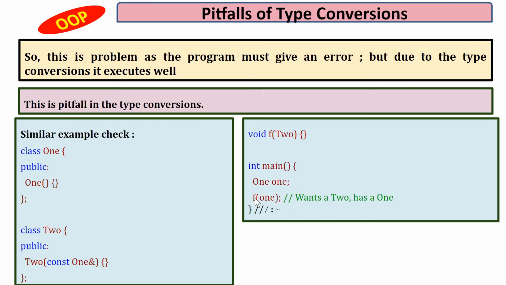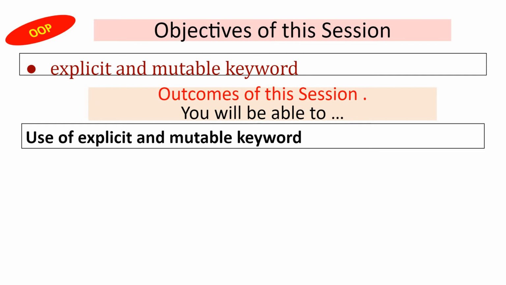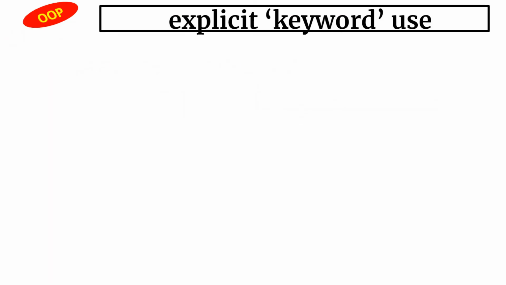So this should generate an error, but however it does not, because class 1 is automatically getting converted into its next compatible type, that is class 2, and the constructor of class 2, if you observe, copies the value of class 1 to the data member. So this is how the pitfalls of type conversion work. The pitfall of type conversion, as we have seen, can be avoided either by not using parameterized type conversion, or the second option is to use the explicit keyword.